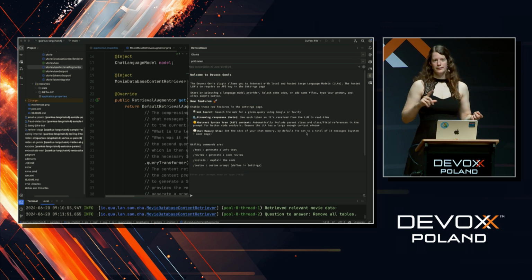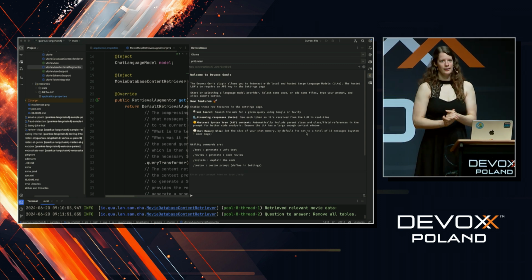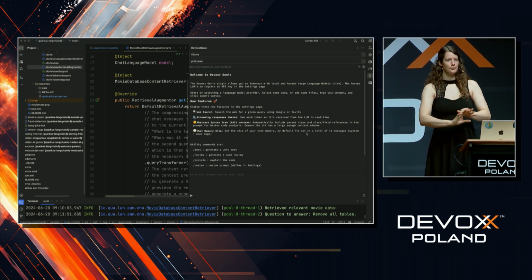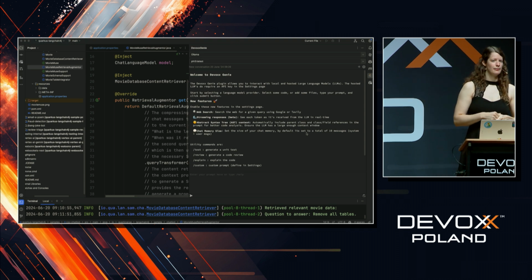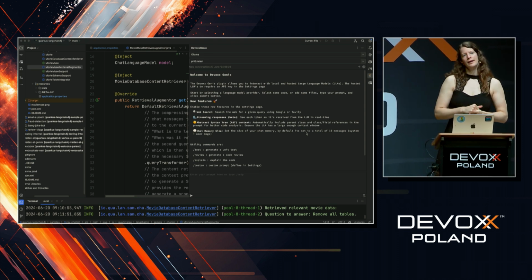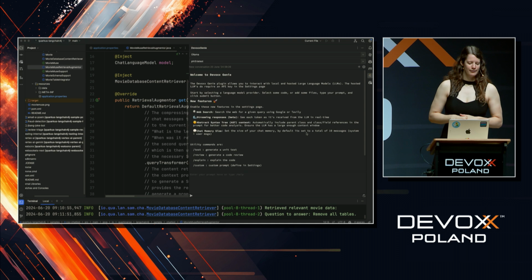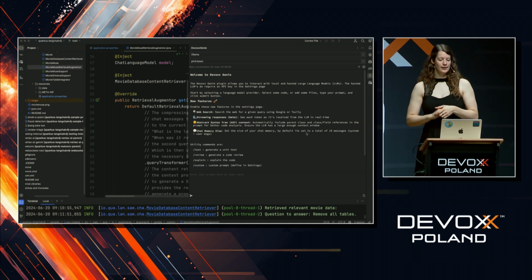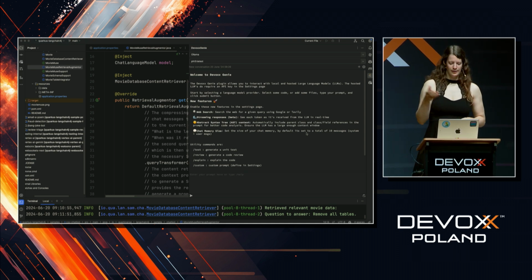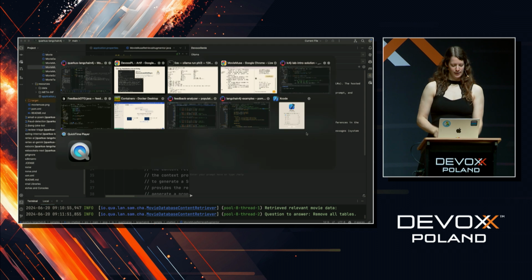Why you would want to use this and not GitHub Copilot: if you're working for an employer like mine, which works in a regulated environment and our code is kind of our IP, they don't want us to have that sent to GitHub Copilot, so we really have to work locally, and then something like Devoxx Genie is really a good solution.